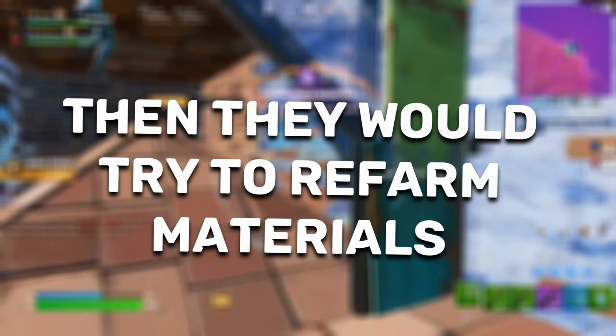Whether this means getting an elimination, farming some natural cover in the area, for example, a brick or a tree, they would always have a place where they could replenish their materials and try to get eliminations in order to refresh their utensils. Now, the early rotation in the late mid-game zones, so what I mean by this is zones